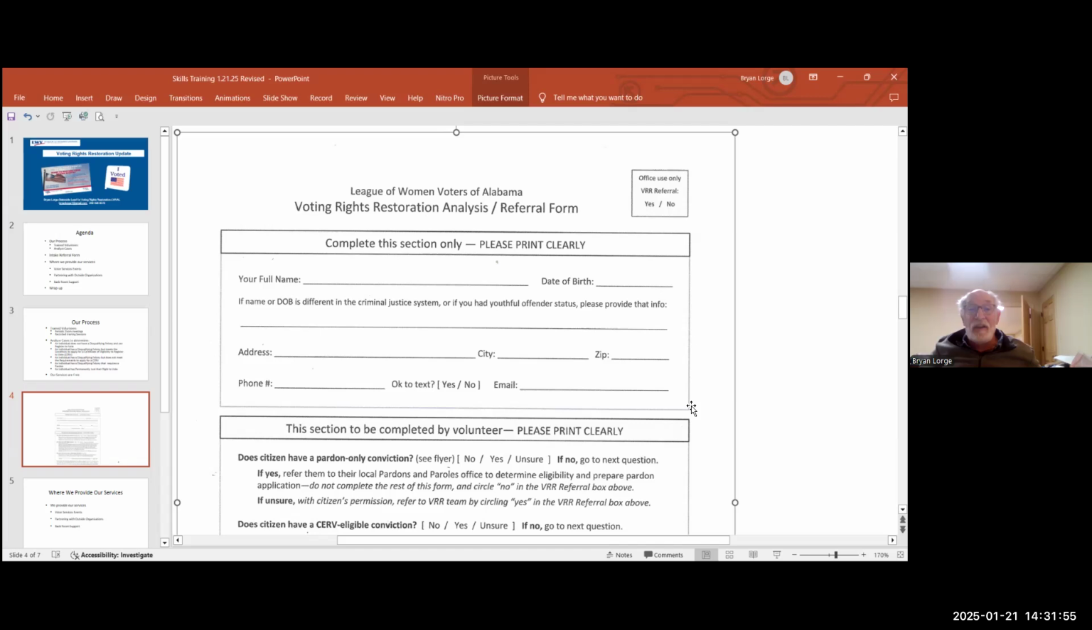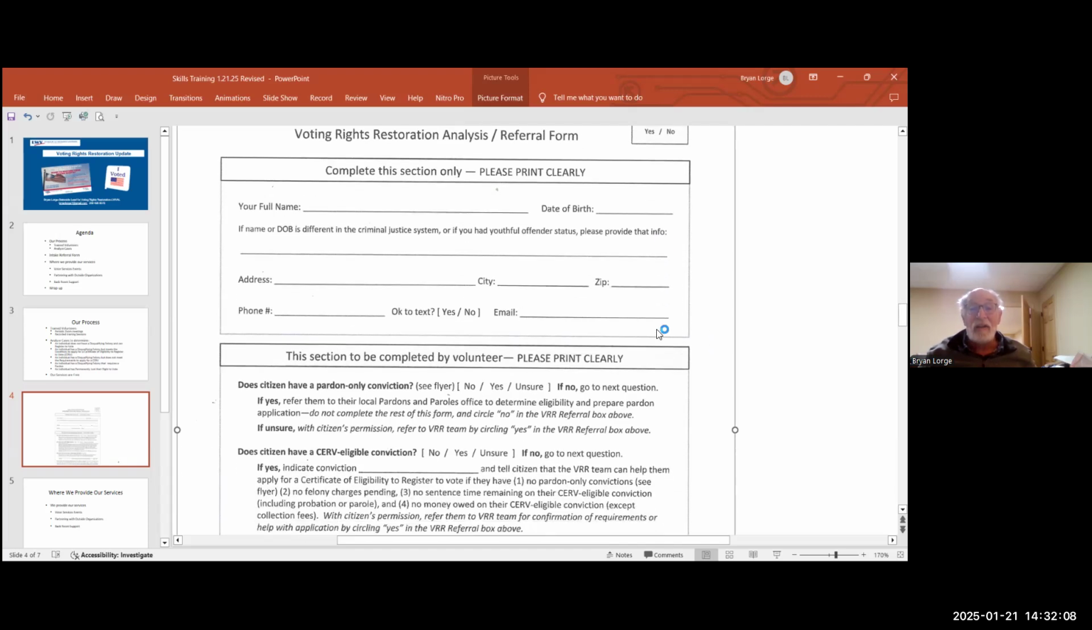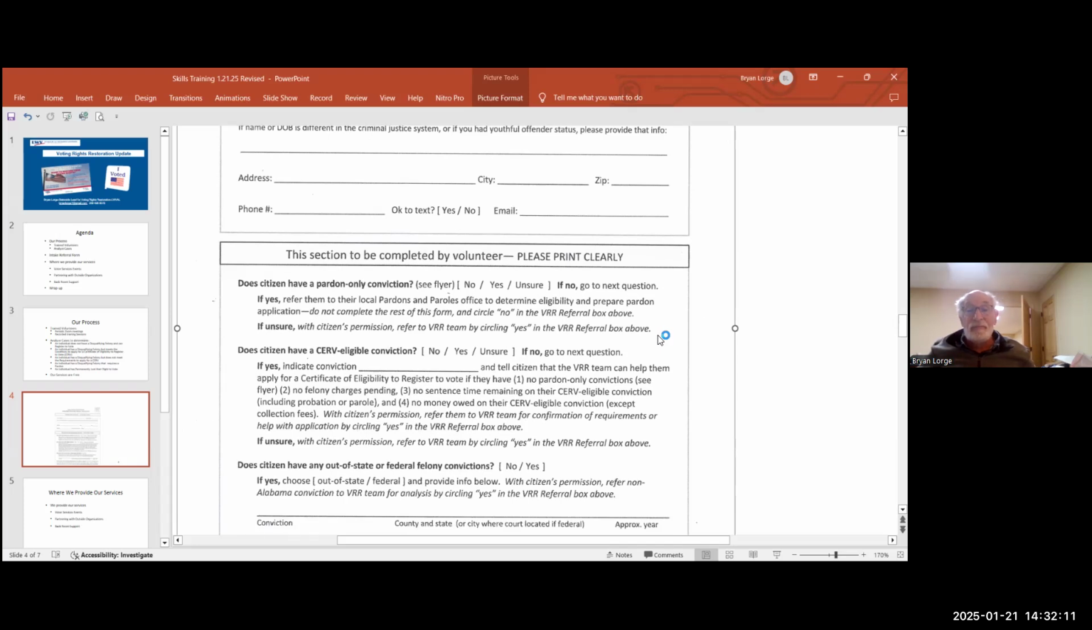The most key parts there are the getting their full legal name and their date of birth, because those are the things we use. We have to do research to look into their case. The other information is good to have to communicate with them, but it's not critical. The second section, where we're talking about this will be completed by the volunteer. And we ask the questions in there about, like, does a citizen have a prior knowing conviction? And again, if you've had the training, you'll get a lot of information, but that's not critical. If you don't know, it's unsure, what we'd rather do is get the information on the individual, send it to one of our trained people and analyze it, and we'll get back with the